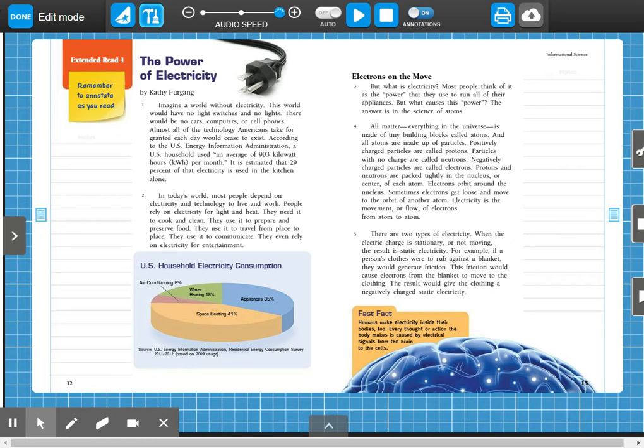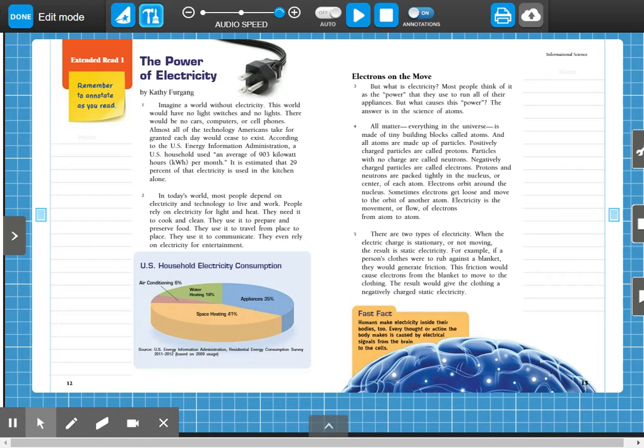So as we read today, we are going to be determining if our main idea is stated, meaning it is written right there in the text, or if we need to infer the main idea. So we want to pay close attention to the text and ask ourselves, what is this text mostly about? Then, if there's a sentence that really grasps what the paragraphs are about, we can go ahead and use that. If not, then we are going to be writing our main idea.